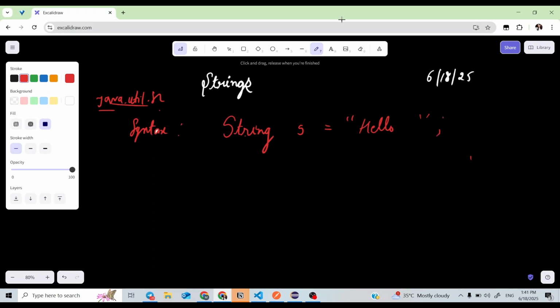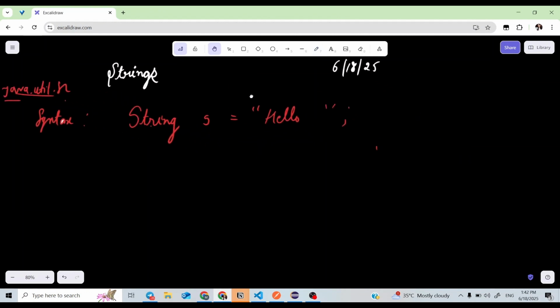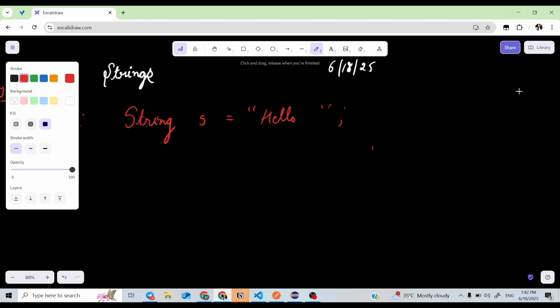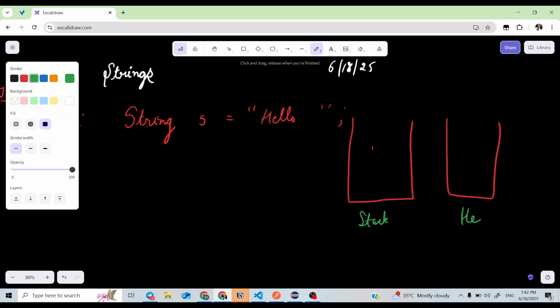So how is this made in memory? We have two things, stack and heap. In stack, likewise in arrays, the address is stored. So in string also the address is stored. Suppose s is made at the 2k memory location in the heap.